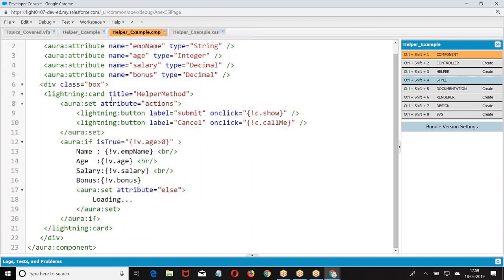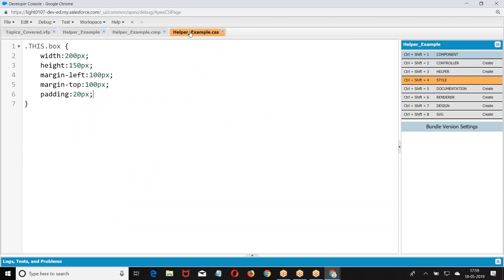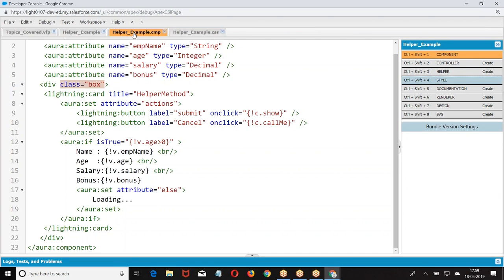Now the problem is, every time you give a class, you are writing a style and applying it. Instead of this, the alternate way is going to the Lightning Design System and selecting one class which has this group of properties. Every time I am applying width, height, box, all this stuff, right? Instead, if any one of the CSS classes matches my requirement, I can apply it directly. Okay, that point we'll see down the line.